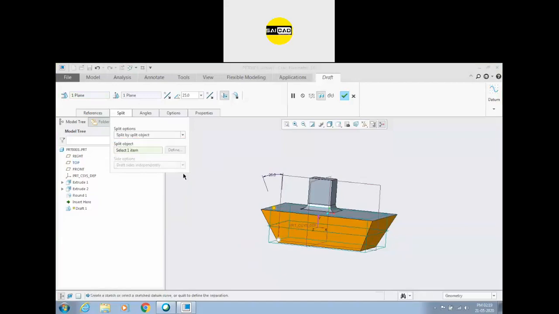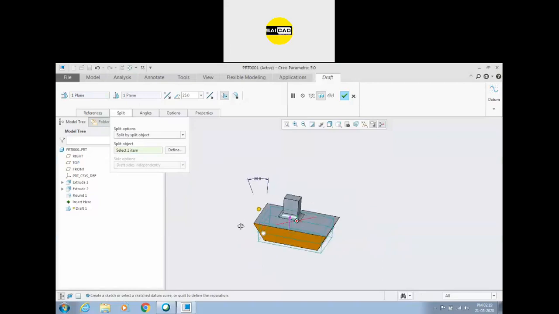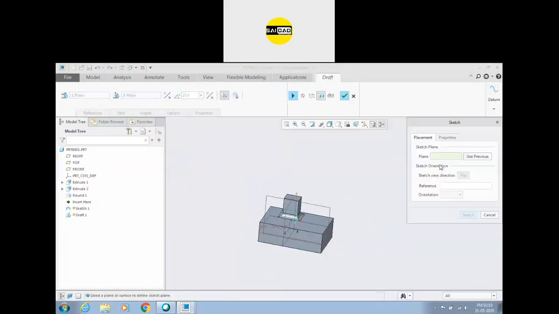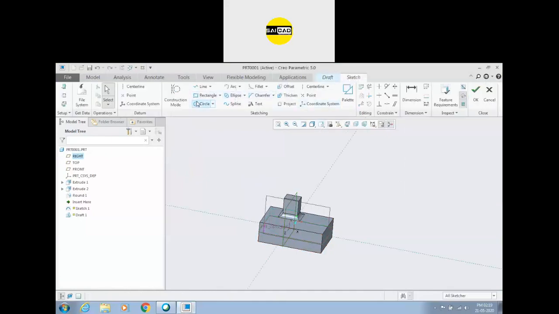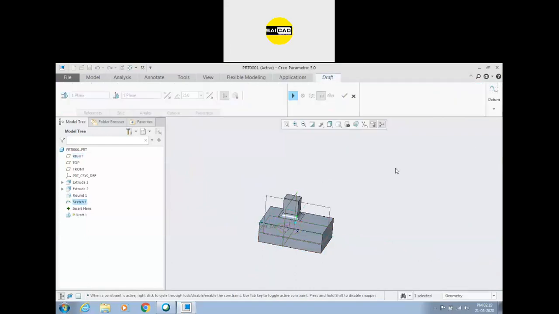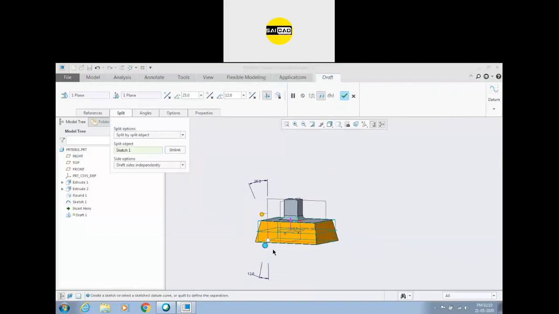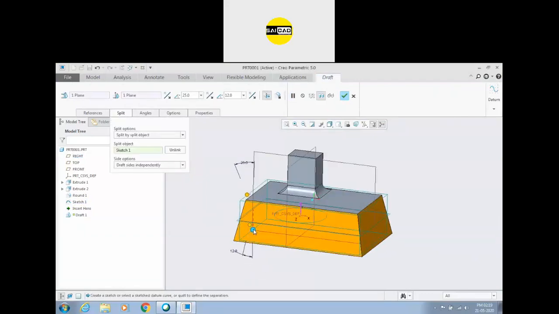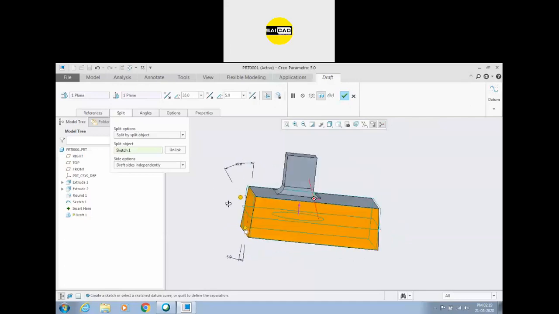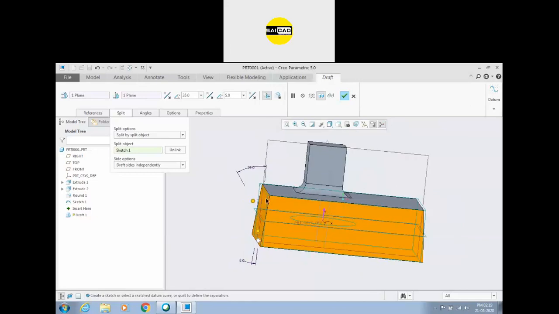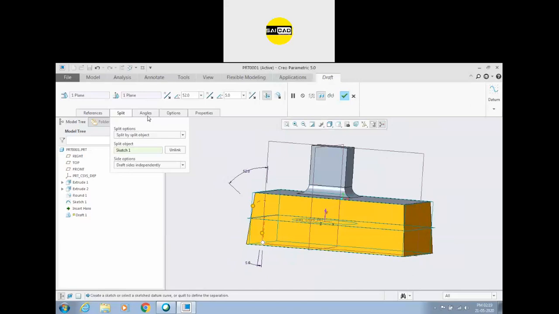So for draft object, split by object, you have to create a sketch. So to create a sketch, you can go to the datum, sketch. Now you can create a sketch here like that, and you can create a shape that you require. Okay, and go back. Now you can separate it with the object. You can see we have selected the object. Okay. Again, it is having some error. We have the values, but it is not going to define the change.